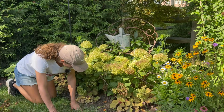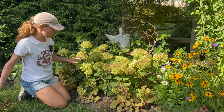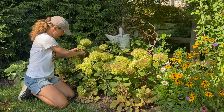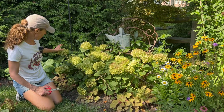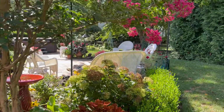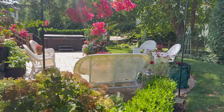which is what has happened. And sometimes they will throw out a new flower head occasionally, which is always nice. I think that that's looking a little bit better, just a little bit fresher. Okay, we have the main border somewhat cleaned up, and I want to move over to my crepe myrtle bed